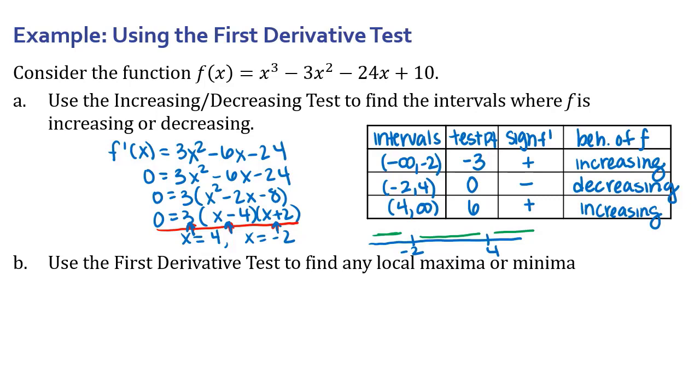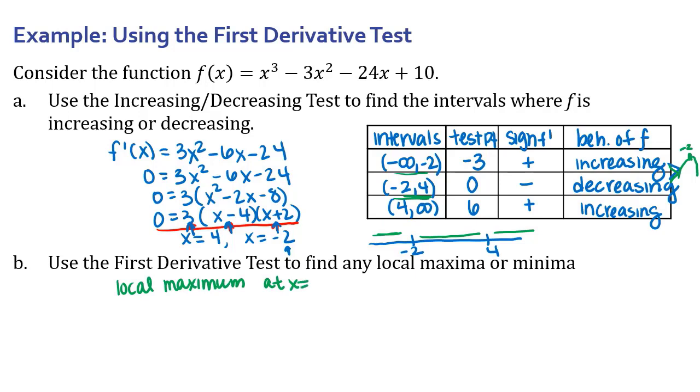So now if we wanted to use this first derivative test to find any local maximum and minimum values, where those occur, what I can do is look at this and say, okay, as this x value is approaching -2, my function is going from increasing, I'll do this in green, on the left-hand side, then I hit -2, and then it goes to decreasing after I leave -2. So that means there's going to be a local maximum